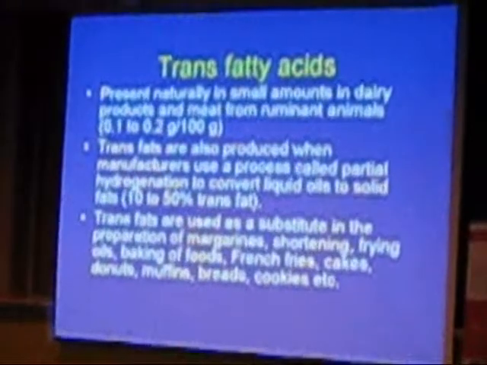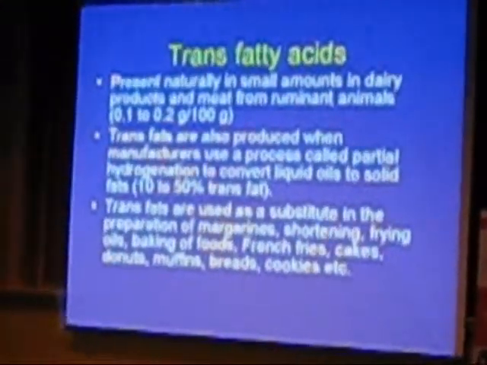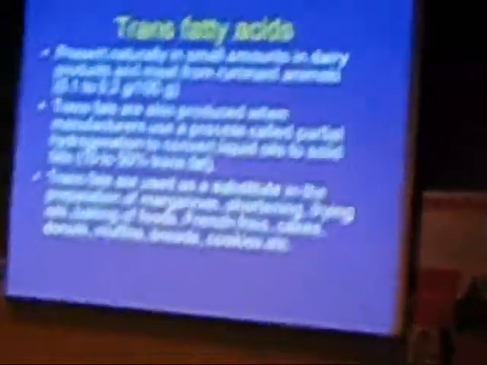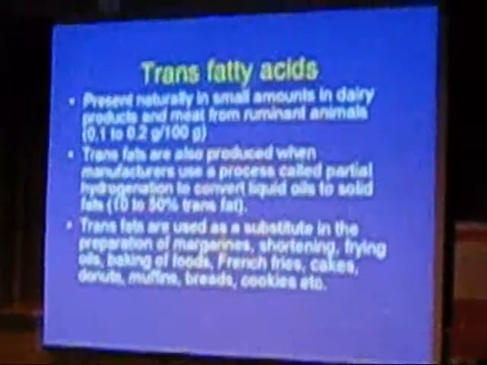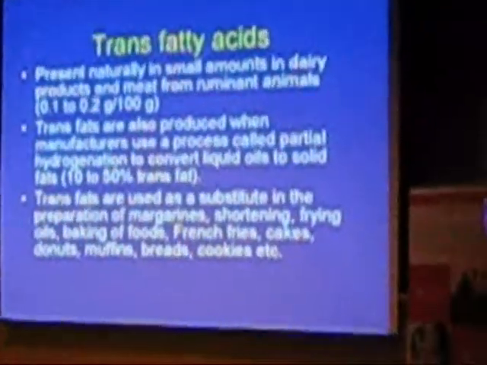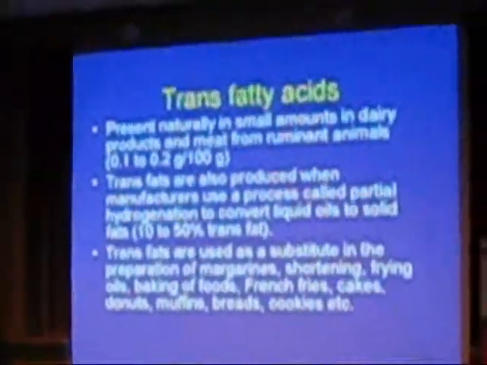They are present in small amounts in various types of dairy products, in milk, cheese, and other things, and also meat from ruminant animals. But most of our trans fatty acids are produced by the food industry. During the